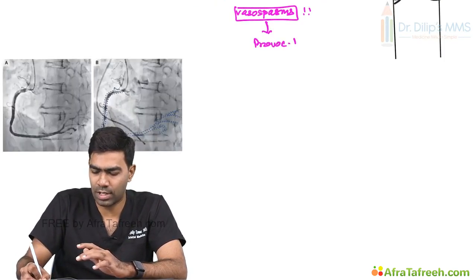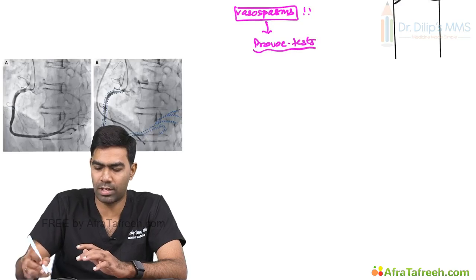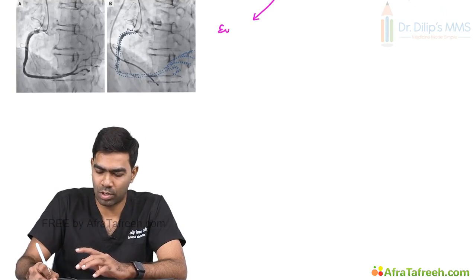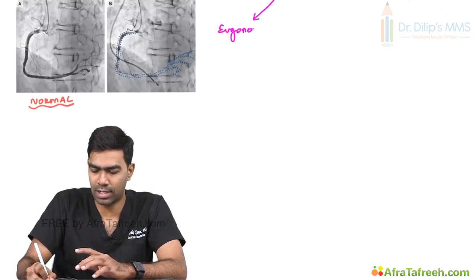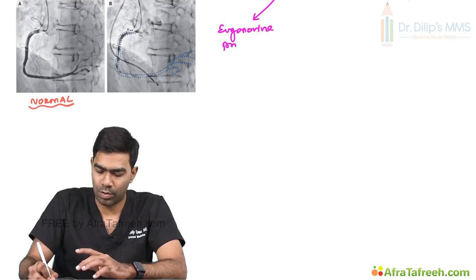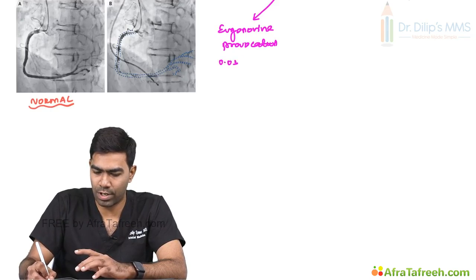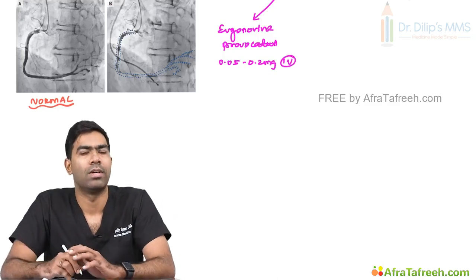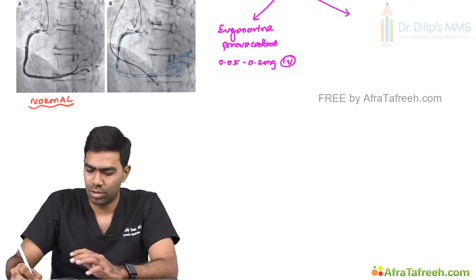Even though these provocation tests are no longer performed in clinical practice, it's important to know their names at least. You have two provocation tests. One is called the standard or classic ergonovin provocation test, which typically uses a dose of 0.05 to 0.2 milligram intravenous ergonovin. Or you can use the acetylcholine provocation test,